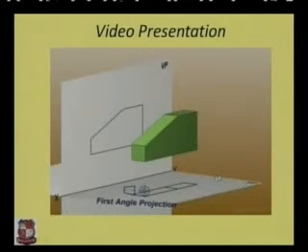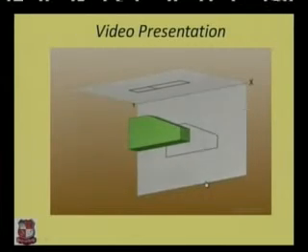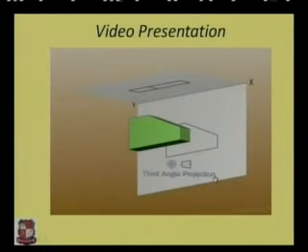It is the first angle projection method, and it is the symbolic representation as we studied earlier, the symbolic representation of the first angle projection method when the object is kept in the first quadrant. Now we will consider the third quadrant. In the third quadrant, the different planes, that is the horizontal plane and vertical plane, are considered transparent.